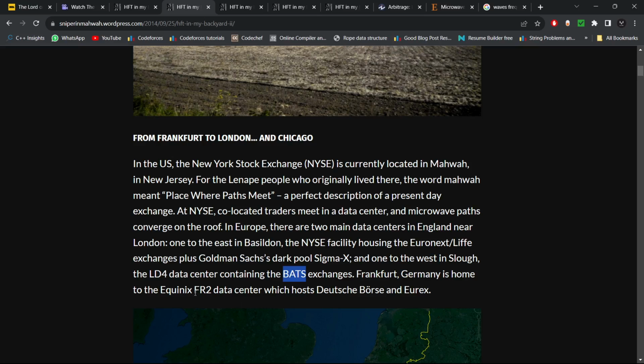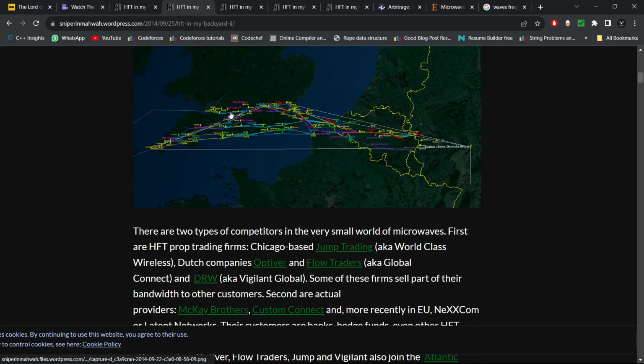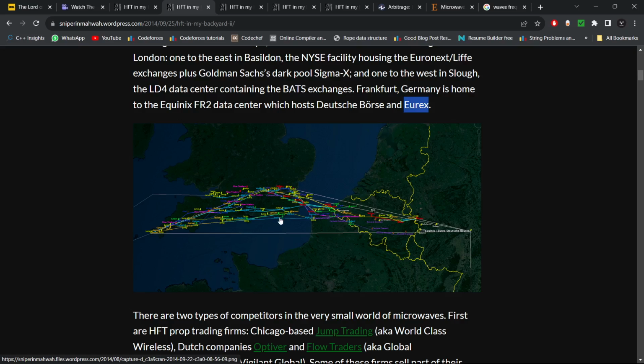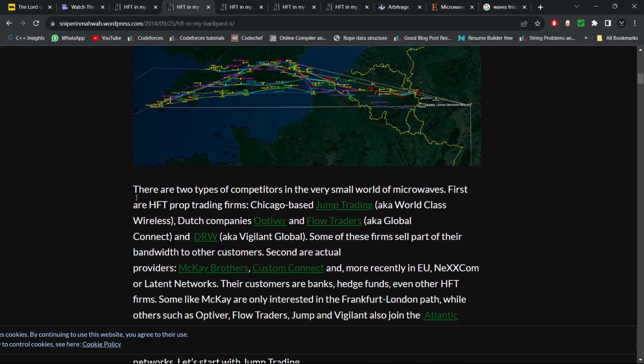And Frankfurt is home to the Equinix FR2 data center, which hosts the Deutsche Börse and Eurex. Again, Eurex is also a very major exchange of Europe. Okay, so it also describes these microwave paths for different companies which are laid out. I mean, this blog has actually made a map around them, and this blog also describes that they are basically the major